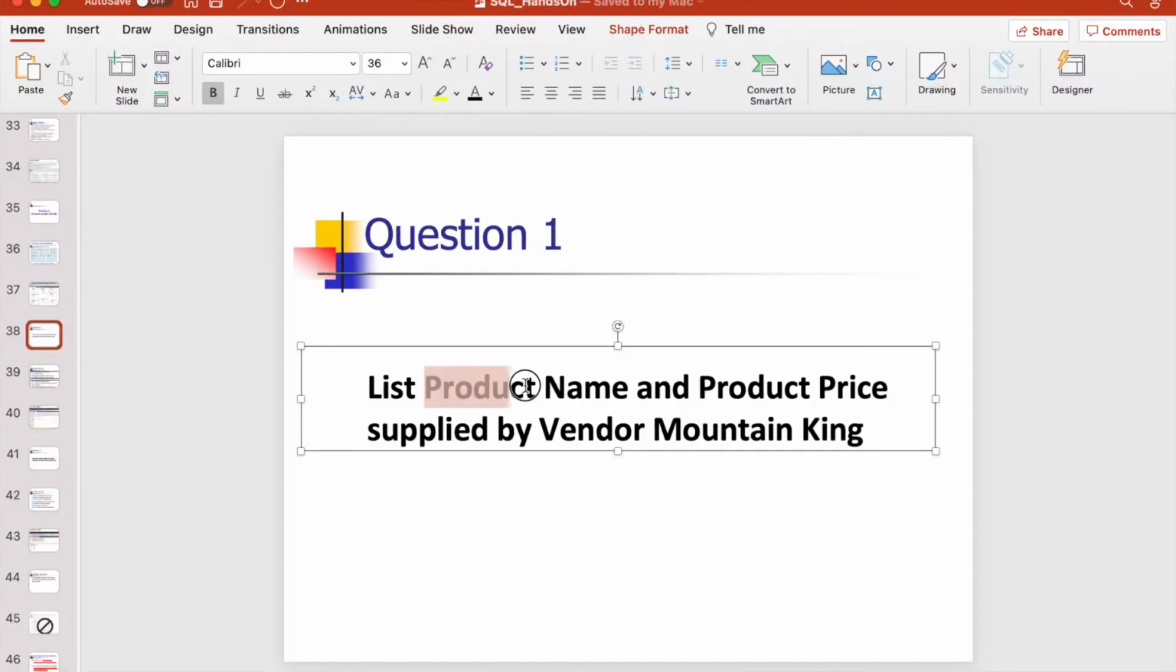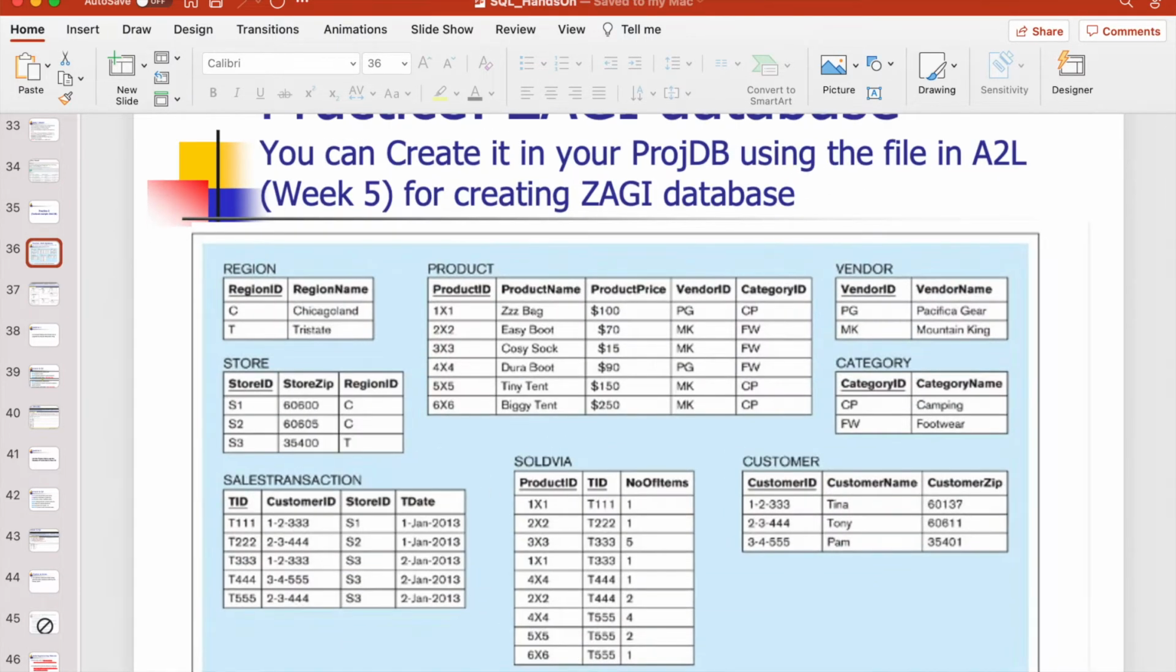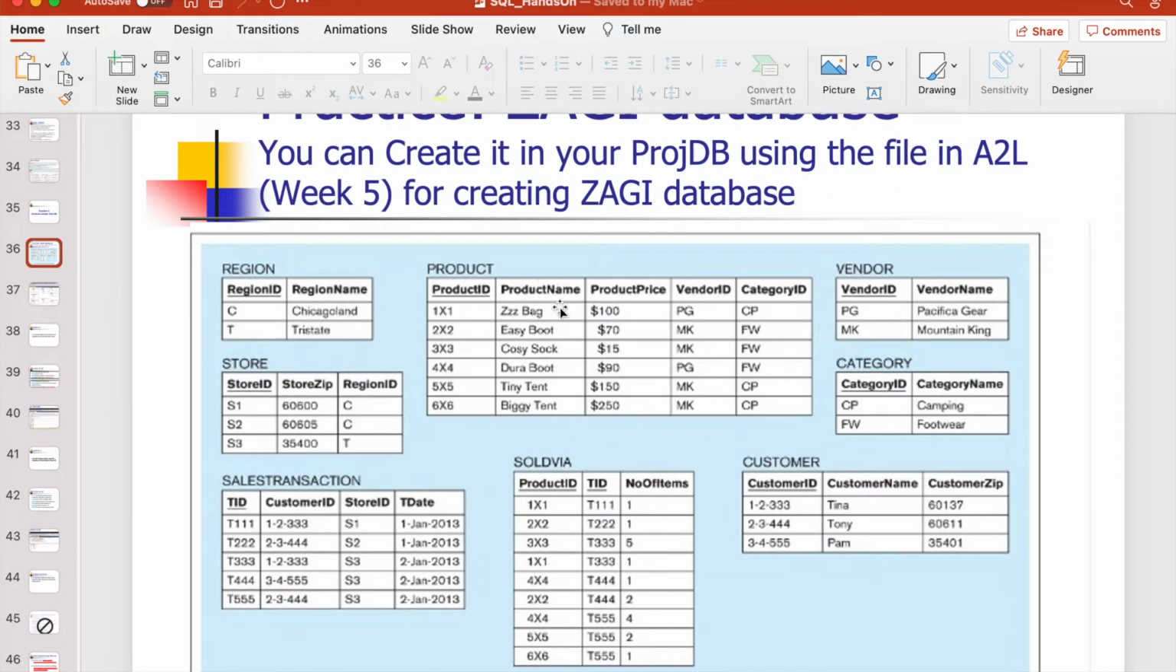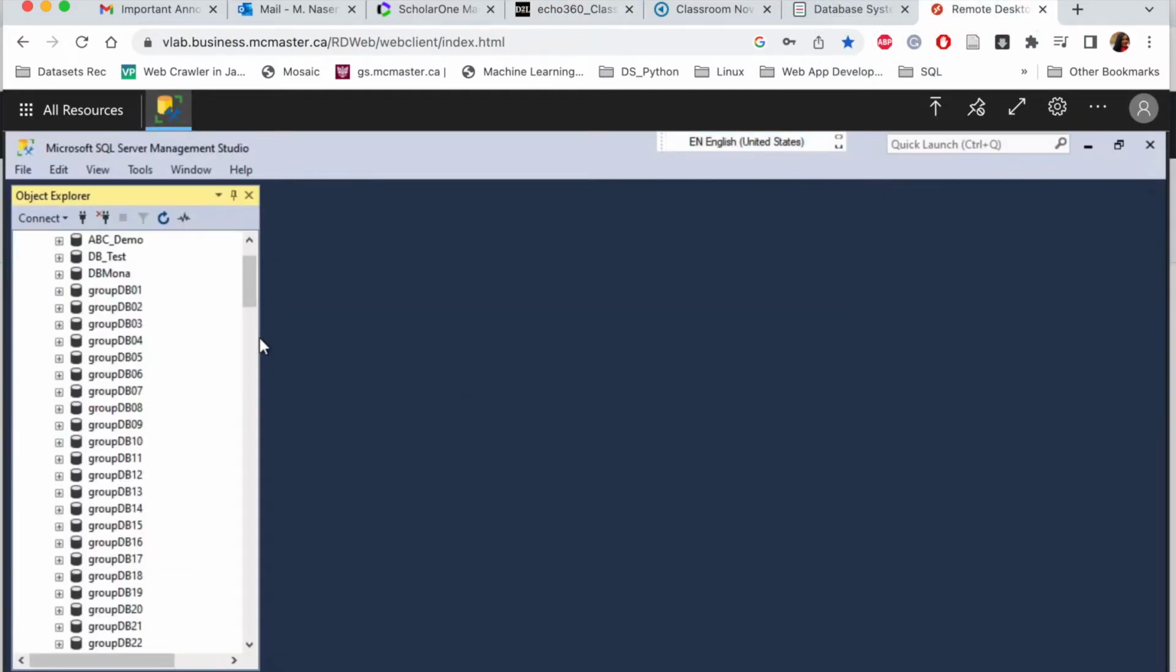The question asks us to find the product name and product price. So let's go back to our database. As you can see here, the product name and product price are stored in the product table. And so we are selecting some columns from the product table. Therefore, if I'm going to write this query, I'm going to connect to the SQL server here,